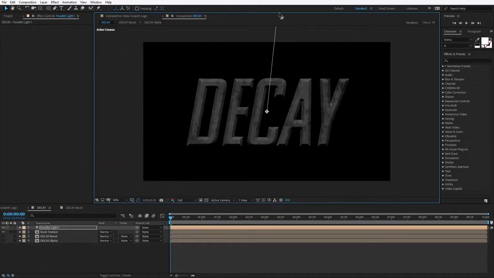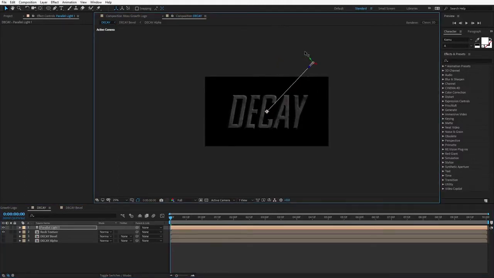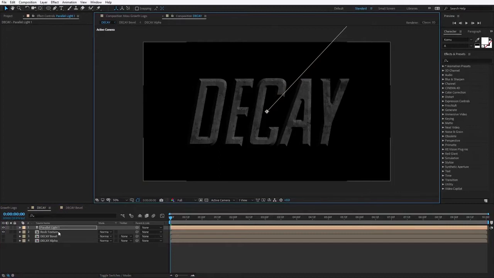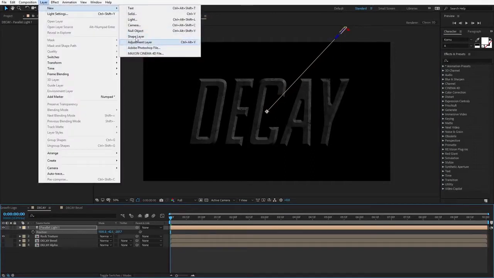So already, this is a pretty cool technique for creating some nice looking 3-dimensionalized text. But we're going to take it a little bit further. We'll move one of the lights over here to the side and maybe hit P and push it back a little bit. And then we'll create a new ambient light,